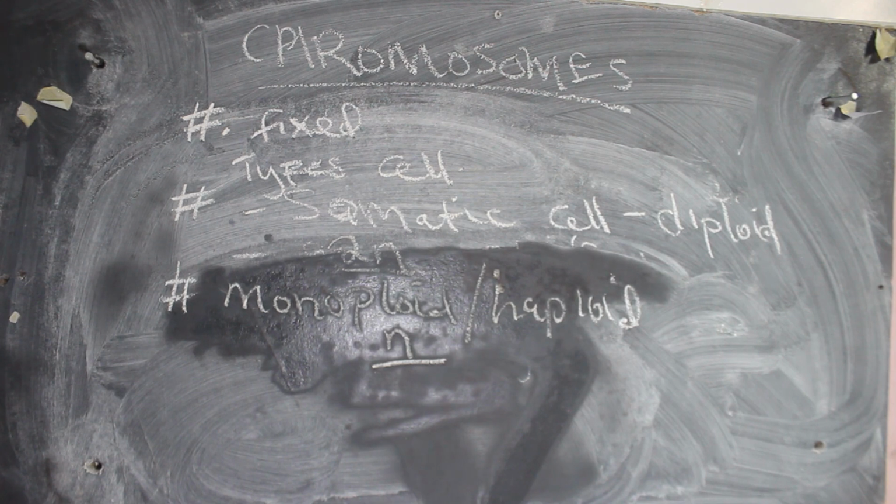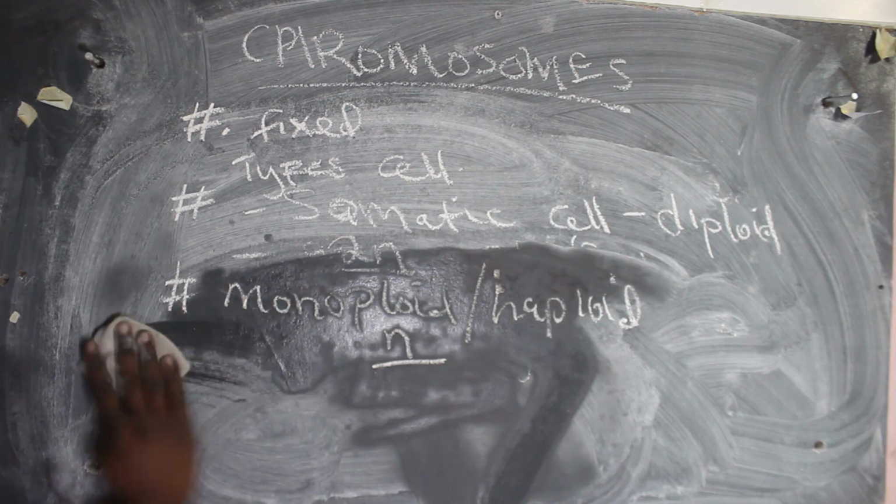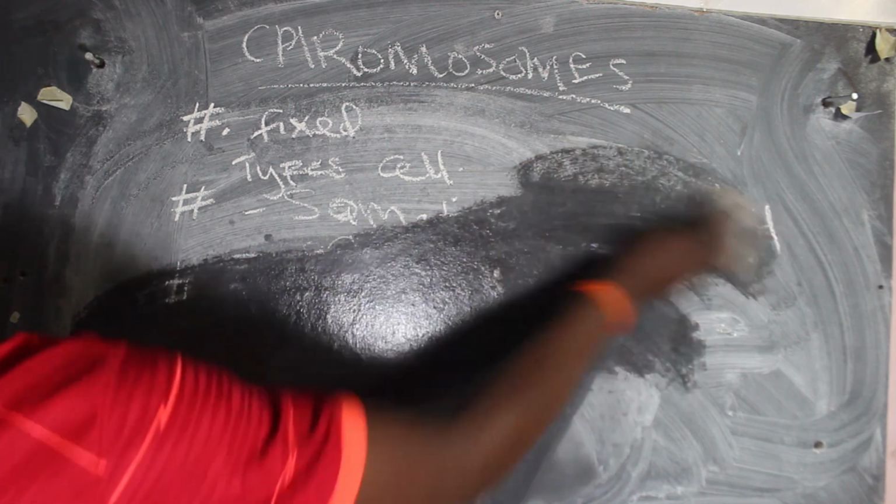So now let us look at some few examples to appreciate the numbers of chromosomes in the haploid and in the somatic cells. So we'll start with a common